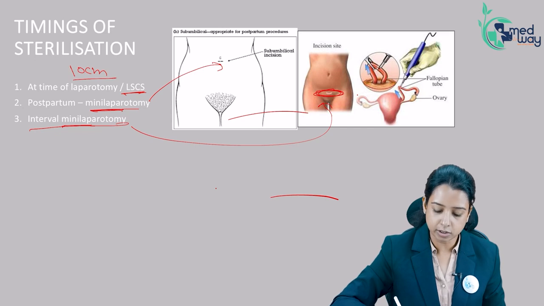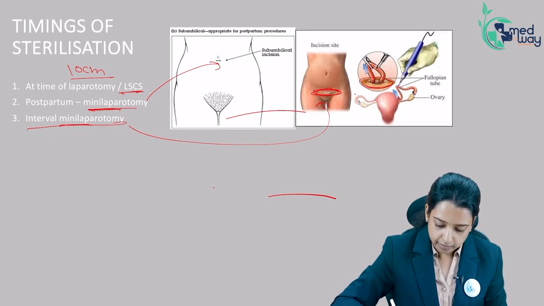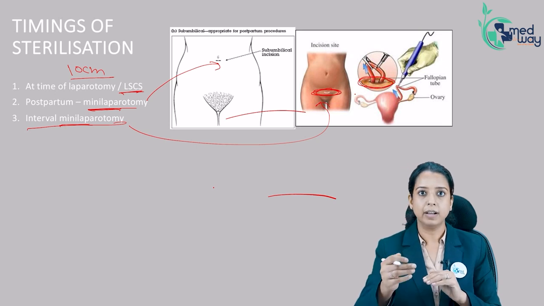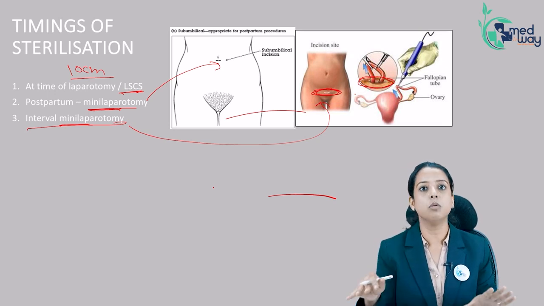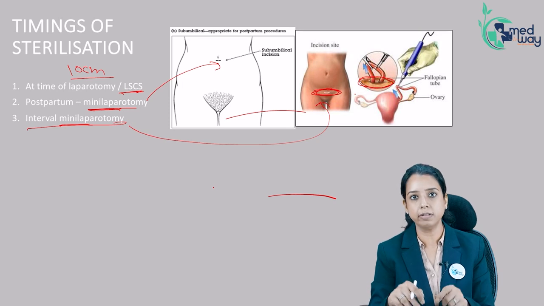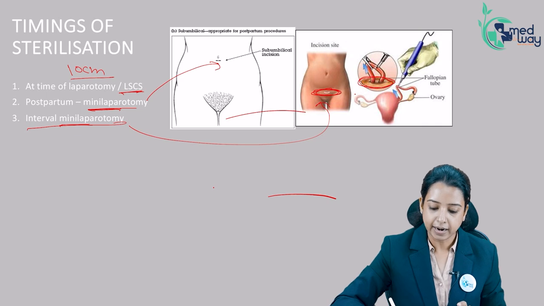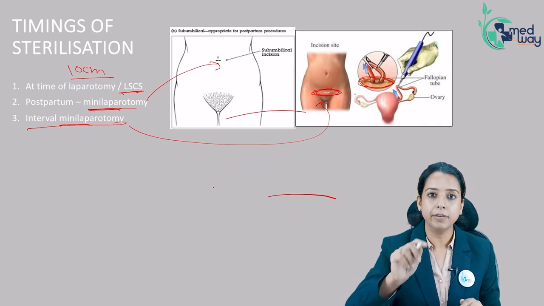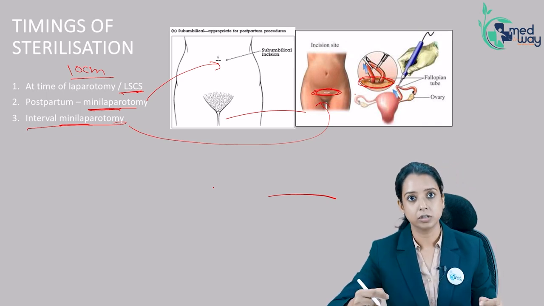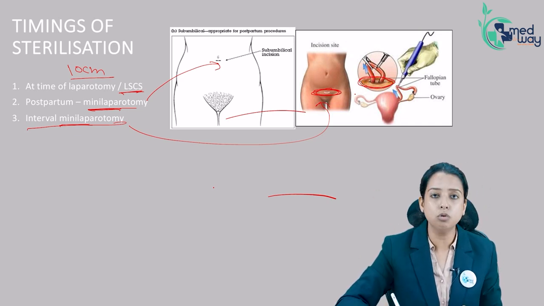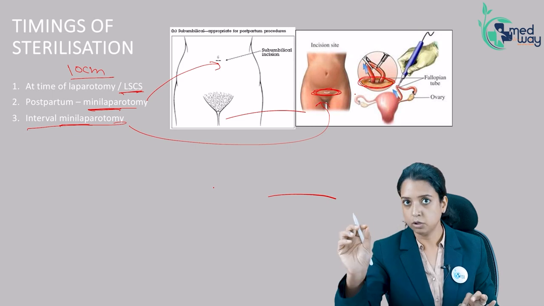You have made a small incision. See how small the incision is. And you need somebody to palpate the uterus from below. Once the uterus is fixed from below, because the uterus is mobile, if you try to locate it, it will keep on moving. So somebody needs to fix the uterus from below, and then using one finger, you will palpate some thread-like structure. And this incision is sufficient enough to bring out a loop of the tube.